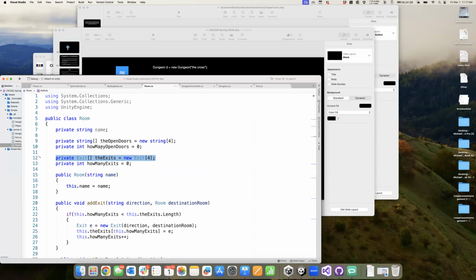It has some number of open doors and things like that. We might come back and modify this potentially. If you remember last time, I mentioned that right now, our exits and the number of exits really solve the same problem as our open doors and how many open doors. So if we want to let our code dictate what should change,